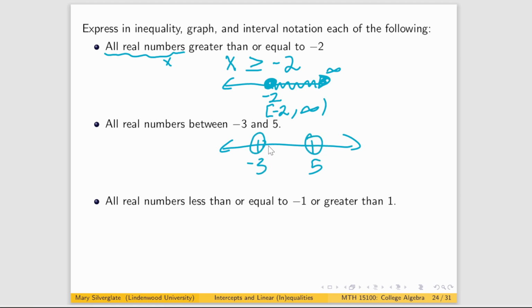If you did closed circles there, though, don't beat yourself up. That's a little bit of a trickier one, and probably not the type of thing we would emphasize on a test. But technically it is just supposed to be strictly in between, not those numbers included. And then we just shade right there in between. So for that interval notation, that's just -3, 5, and it'll be a parenthesis on both because I am not allowed to equal either. Now for the inequality notation, I'm going to similarly put x in between -3 and 5,